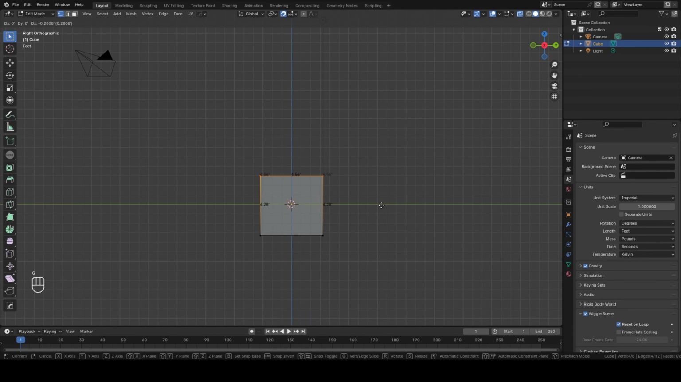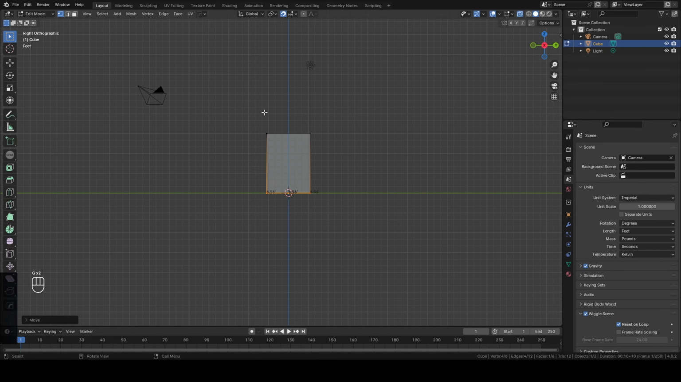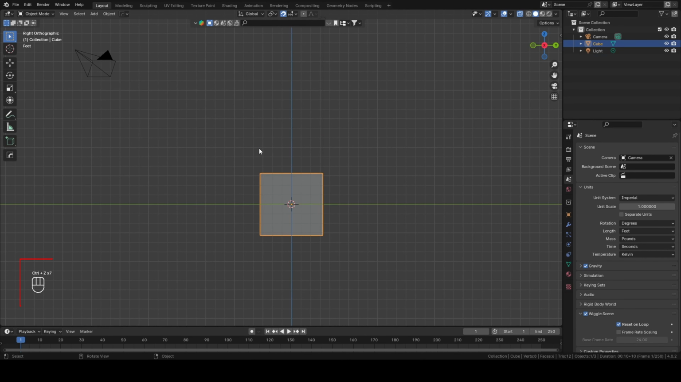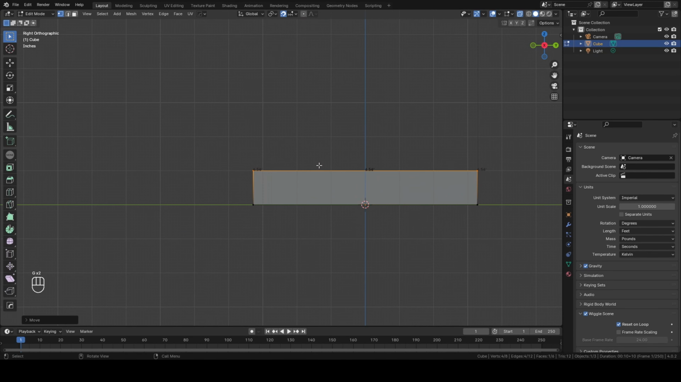Select our top faces, then press G to move and press Z to lock on the Z axis. By the way, you can see me pressing on the left corner. When you move the mesh, it's going to snap onto the grid. This is because we enabled our snapping tools. I'm going to make our floor plane thickness about 6 inches, and the length about 11 feet